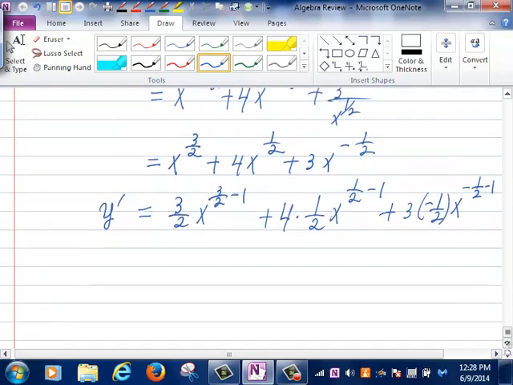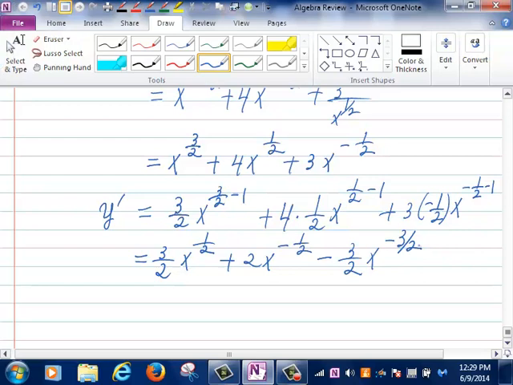Are we okay with that? I'm using the power rule, right? So this would be 3 half x to the 3 half minus 1 is what? X to the half, right? This would be 2 x to the negative half minus 3 half x to the negative 3 half, right? Are we okay with that? Now notice that the second way we got a simplified answer